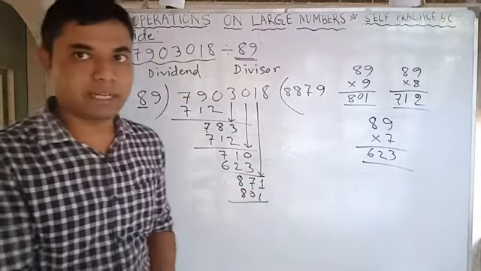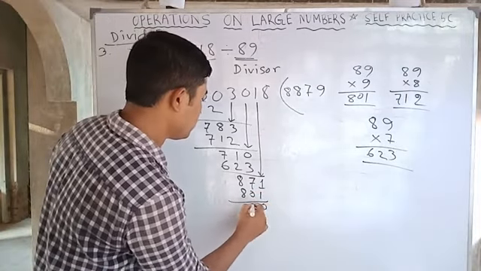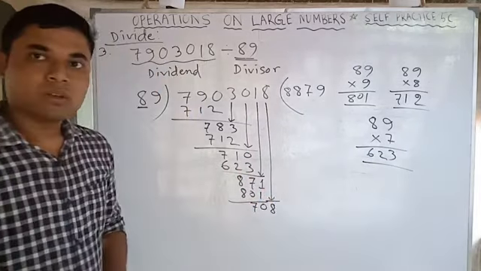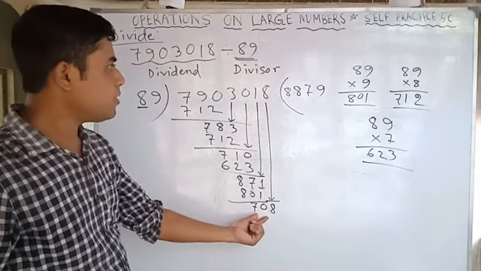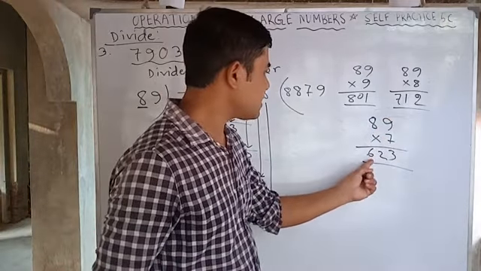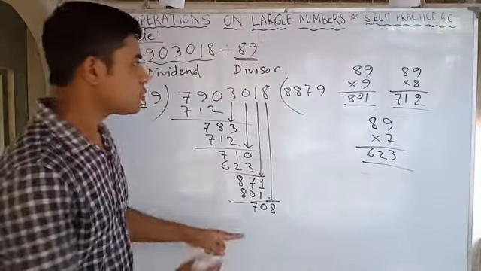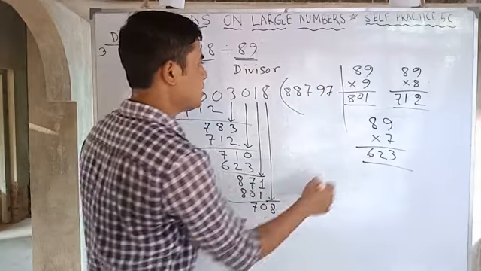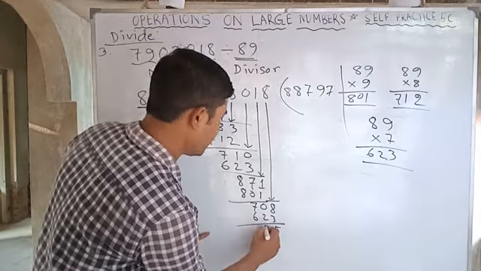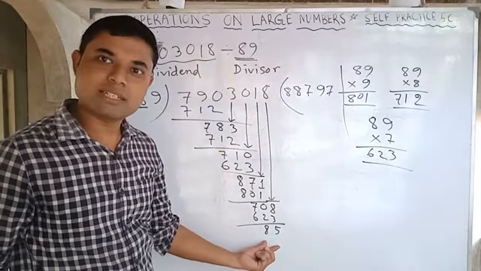You cannot take by 10. That's why obviously it will go by 9. So it is 0. It is 7. Now this number 8 will come here. Okay, so which number will we take? Look, by 8 it is 712, by 7 it is 623. That means it is between these two numbers, so obviously it will go by 7. So by 7, 623, then 5 and 8. Look, there is no digit left. That means this becomes the remainder. Is it clear? So easy.